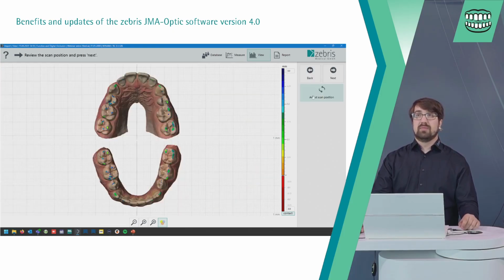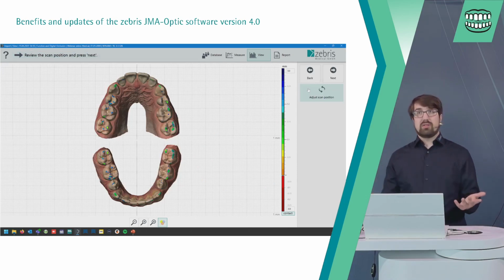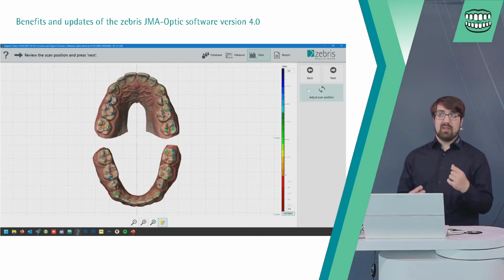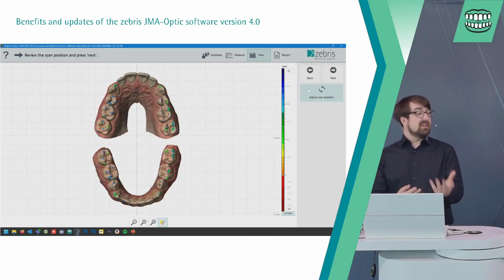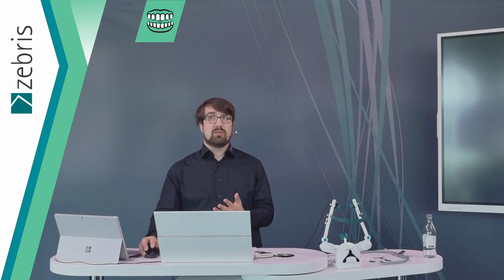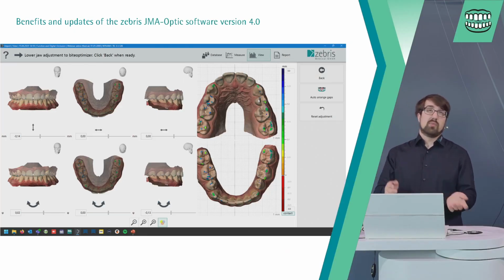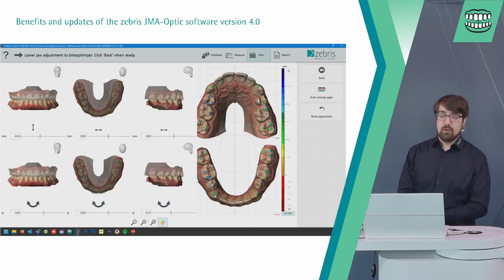Good. I hope this was a bit more clear and easier to understand, and how it works. There is no AI or artificial intelligence behind it. It's simple math behind it. So it's not a black box. Because as I told, when you click here, you see directly what, based on this algorithm, got changed in the occlusion because of the movement of the lower jaw.